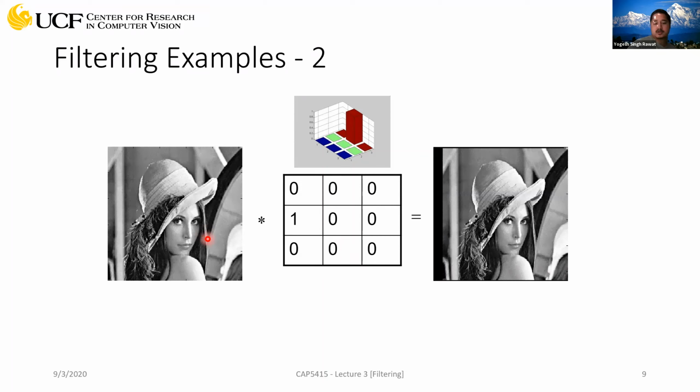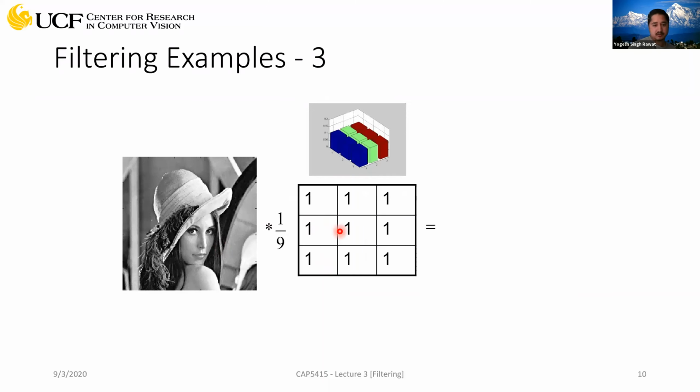For these two filters, it wasn't important because you had a 1 at only one pixel location. But the next filter has a 1 at all the positions, so we'll have to normalize it. There are 9 pixel locations, so if you sum up all these values, the total is 9. So we'll have to do 1/9 here. Now this is another filter. It has very nice properties.